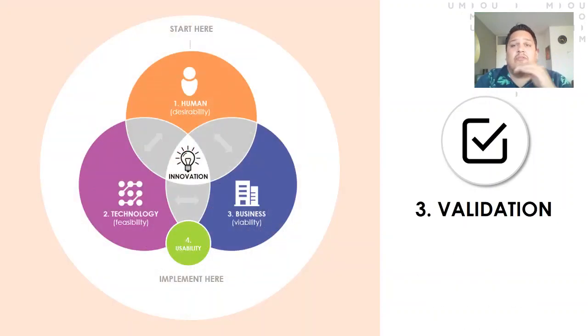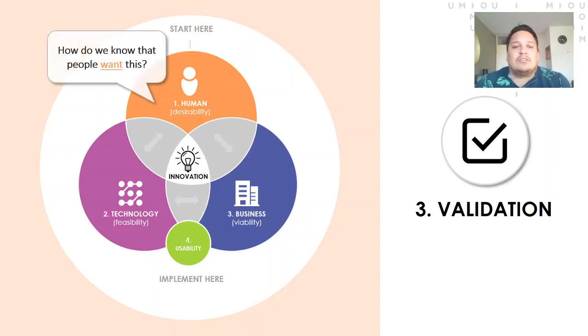Cool. So you already worked with your hands and started also to make that idea come alive. But there's still a lot of assumptions that need to be validated. So some of those assumptions might live in the domain of desirability. So asking the question, how do we know that people actually want this? What are the assumptions that are underlying, and how do we know that they actually want the value that you're